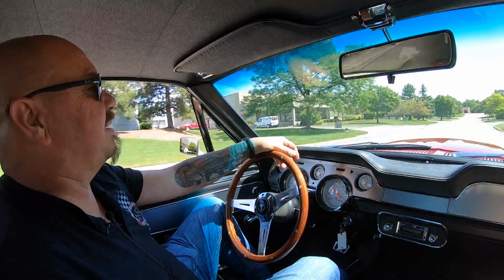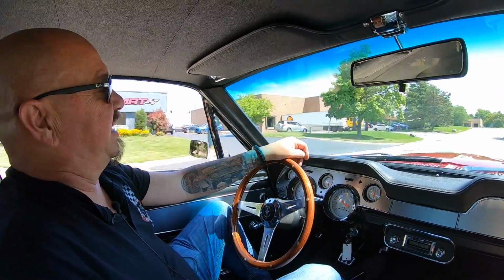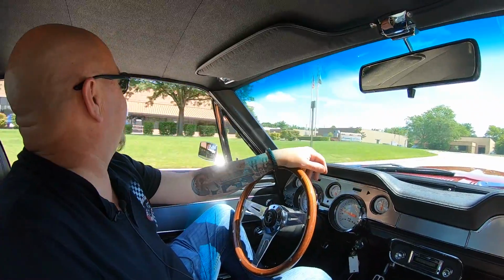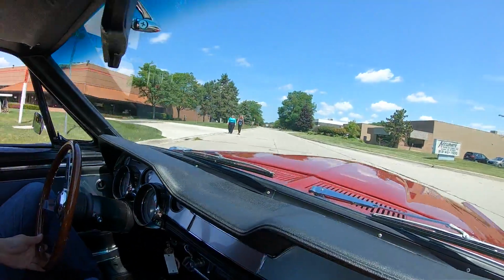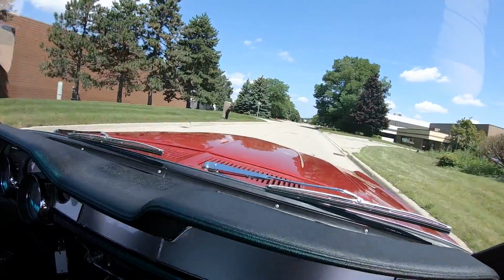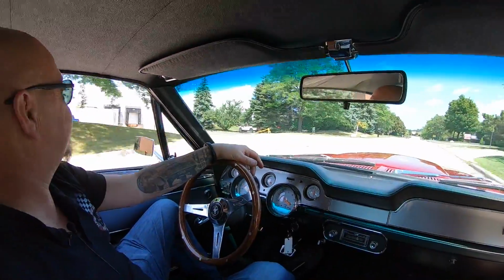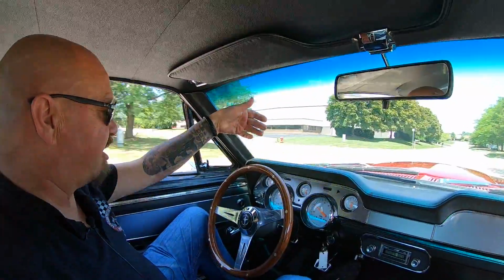Now, we're right outside the Motor City. We are very close to the airport. So if you need to fly in and check her out in person, we would love to have you come on out. If you want to send an inspector, no problem whatsoever. We will treat the inspector just like we would treat you. You want to get it up in the air and check out the underside? No problem whatsoever. Now you can see down here on the dash,